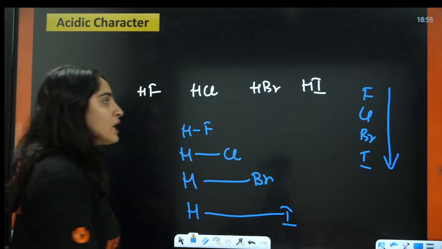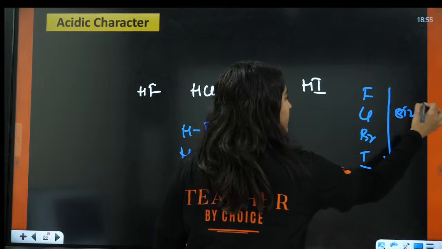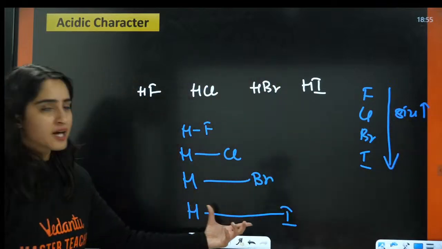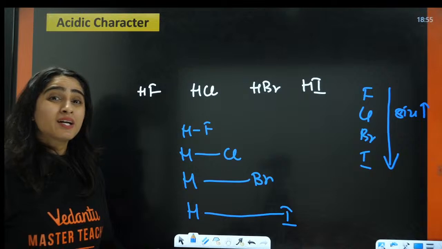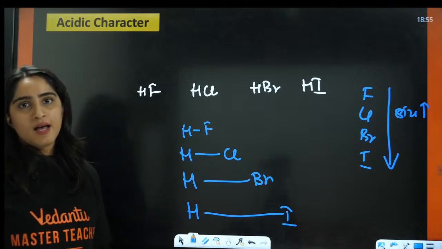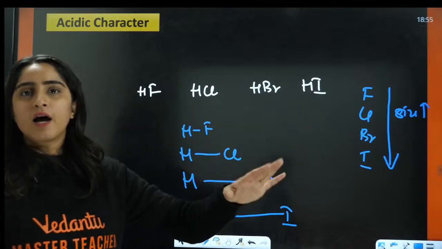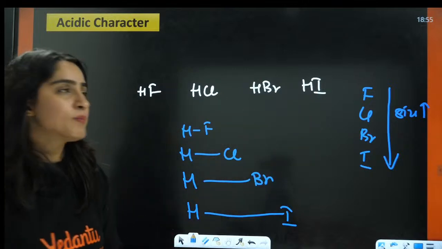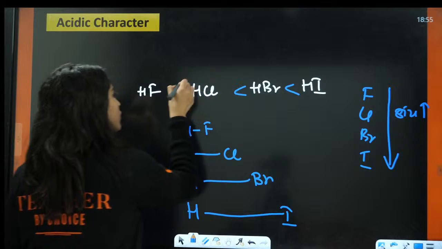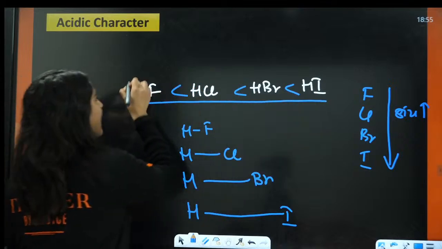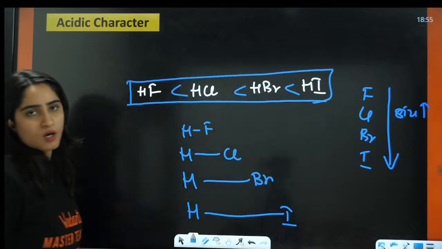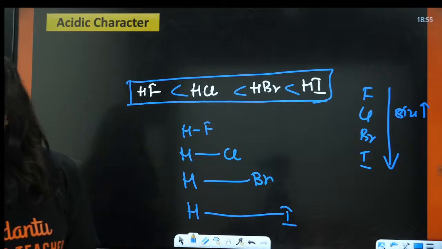So HI has maximum bond length, so it has minimum bond strength. Minimum bond strength means H positive will be taken out very easily, and the acidic strength will be more. So the acidic strength order is